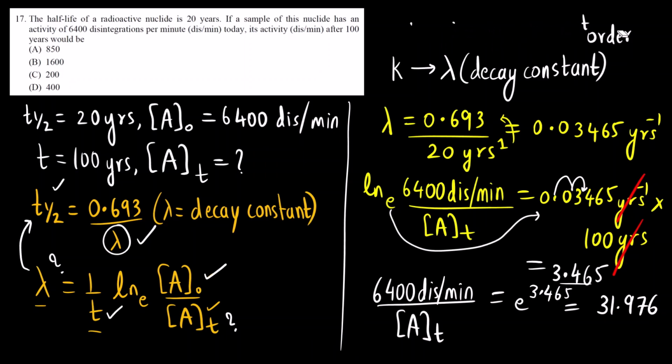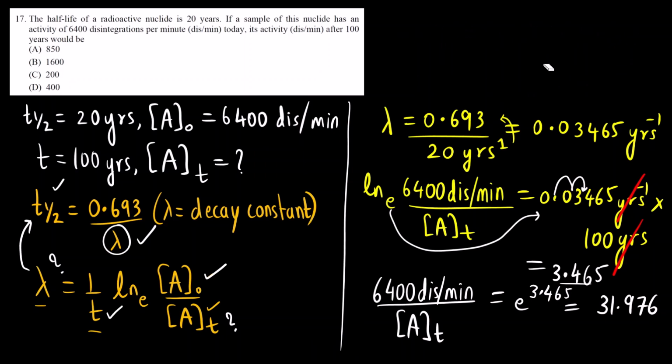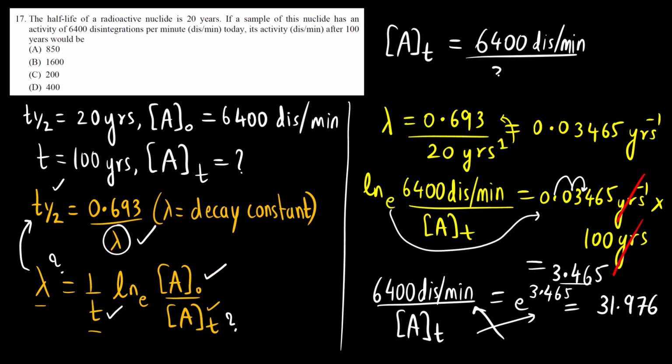Now we have to do the last step. How do you calculate AT? Cross multiply. AT will be 6400 disintegrations per minute divided by 31.976. So the final answer is 200.15